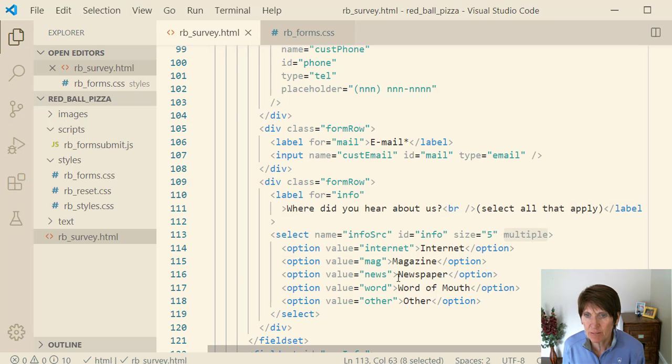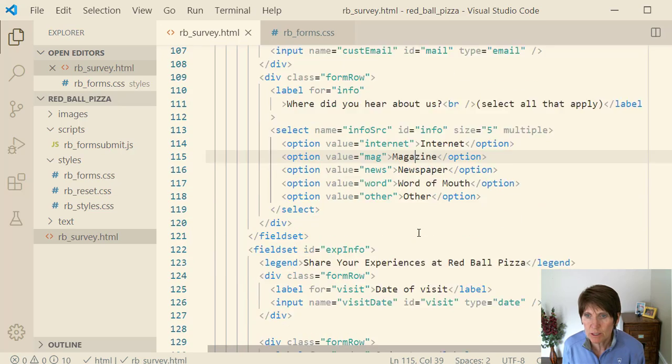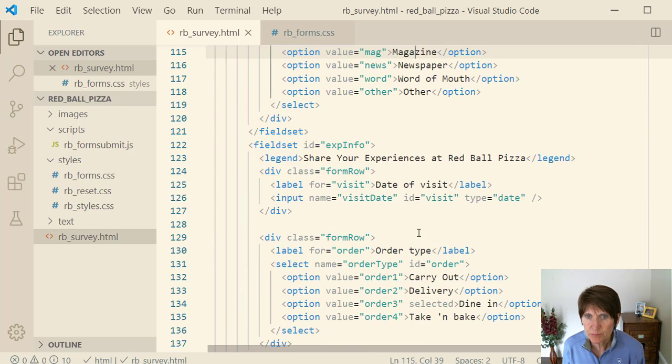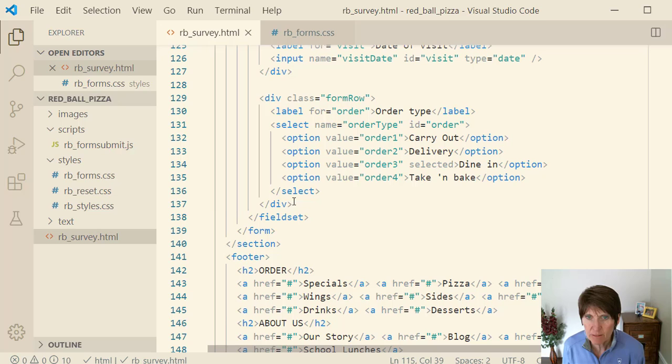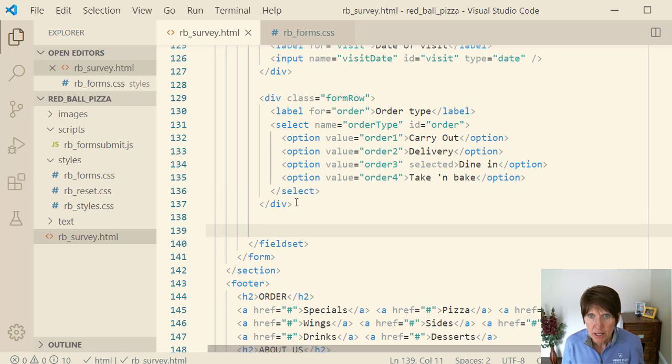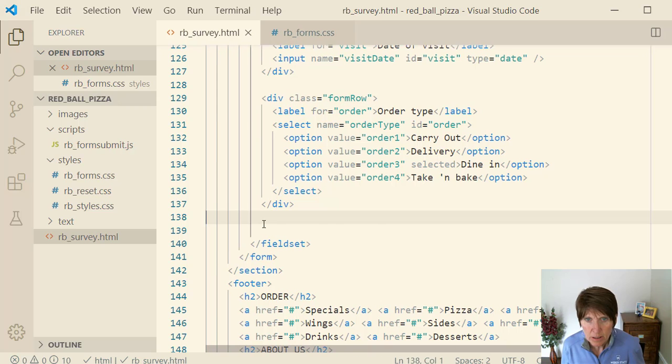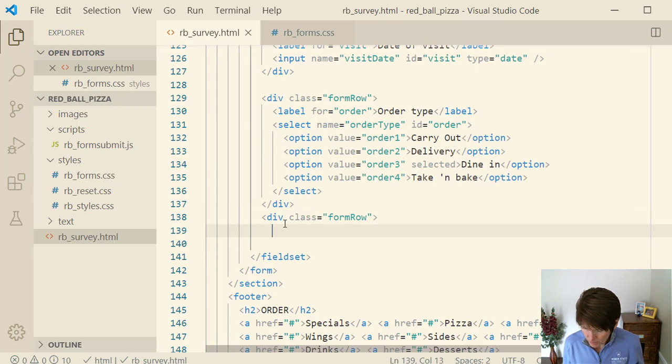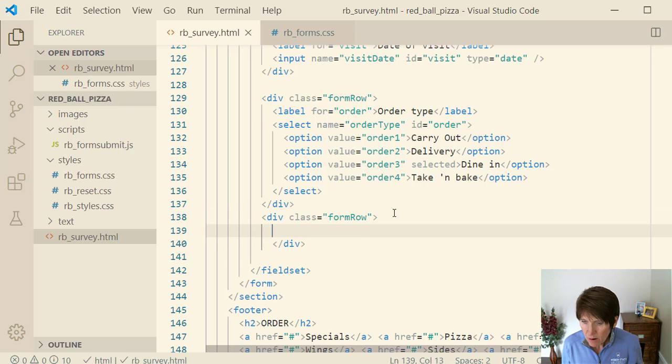So in that second field set, if we scroll down, and we get to that second field set down here. Okay, we're going to add a row. And we want to close that. And now we're going to do a label that's going to be for, well, let's just add the radio buttons